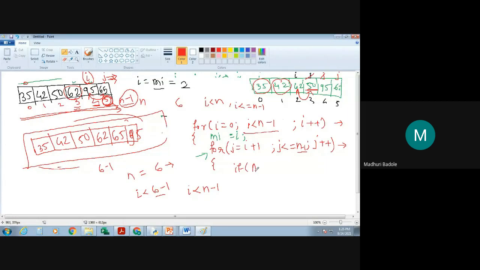You are going to check whether the marks of j is less than the marks of the minimum index. And if this condition is true, then what are you going to do? You are changing the minimum index only. That is, you are going to change the minimum index to the j index.